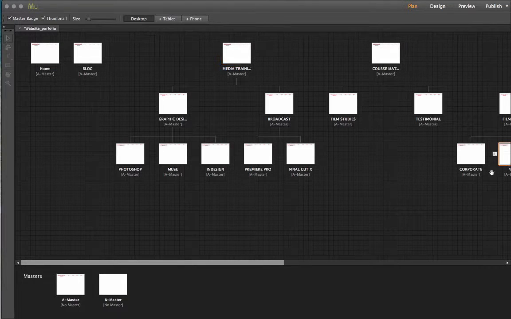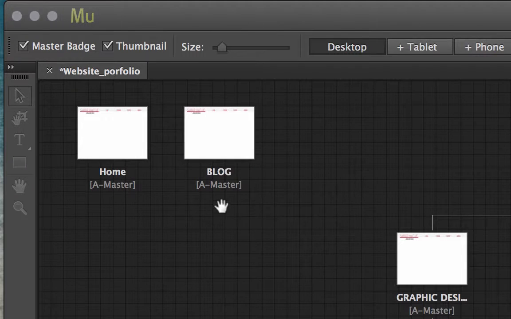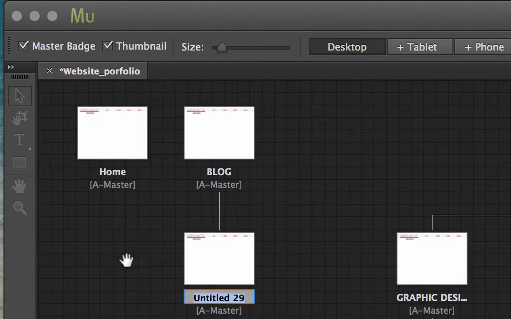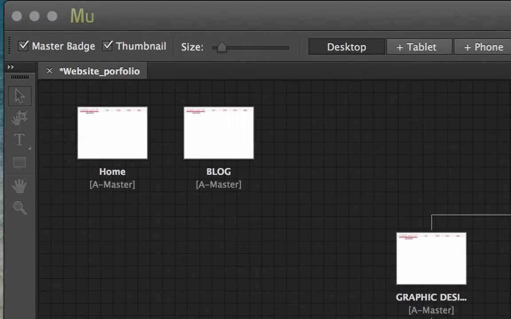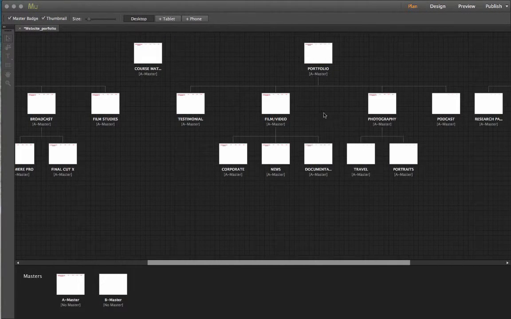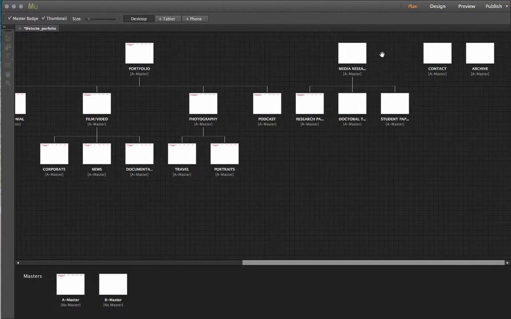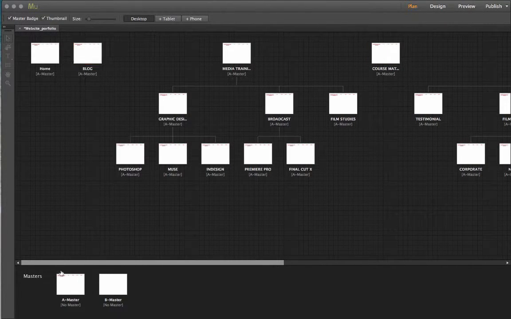So if you look at this particular way, I have a home page, all right, and then I have a blog page. If I want to add an additional page below as a sub page, I can click here. It will create one more page automatically. It will ask me to give the name. Since I don't require it, I'll delete it. Same way I've built the pages here. I have these main pages in my website, and what you see below are the individual pages or the sub pages I've created. Now it is very important for you to understand that in MUSE you have something called master